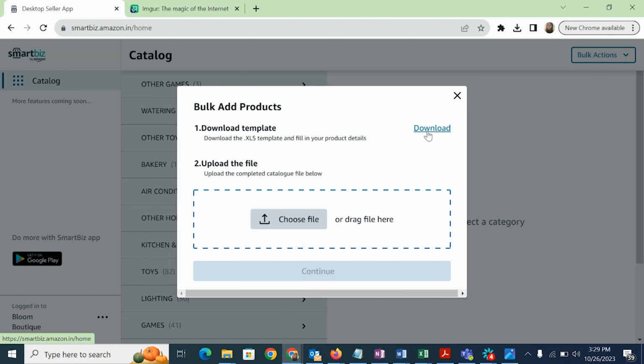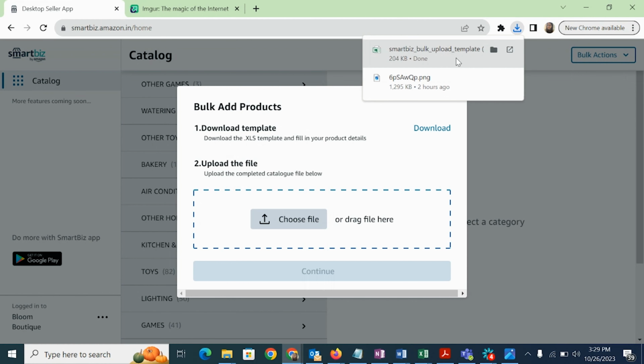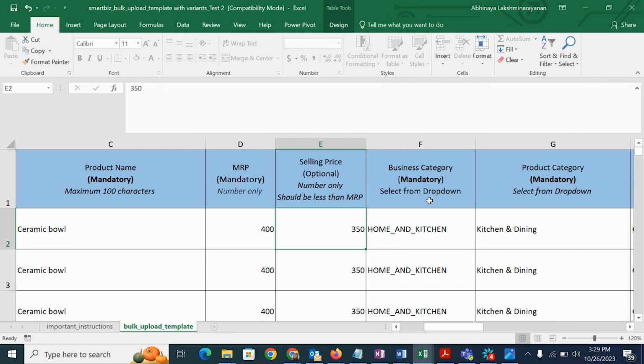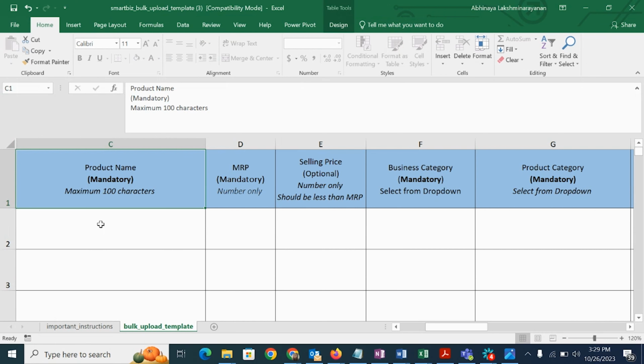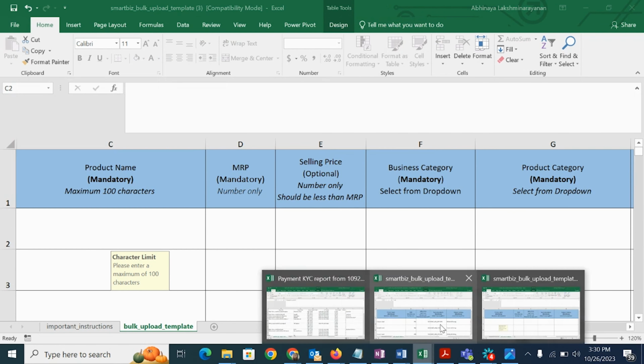Now, to get a template of the file, click on the download button. You will get the template ready here. Now, as you can see, this is a blank template. We have already made a template for reference so that you can refer to this and fill in